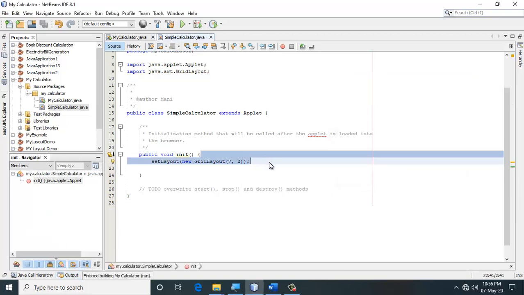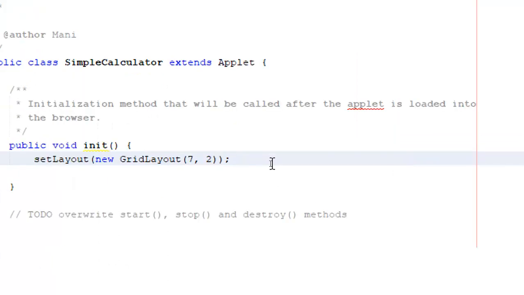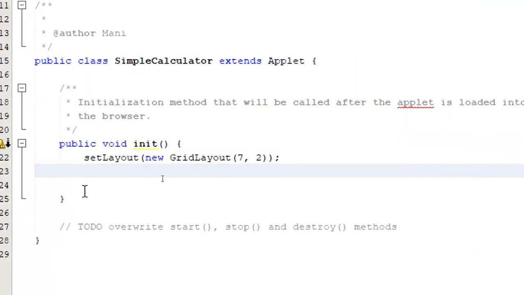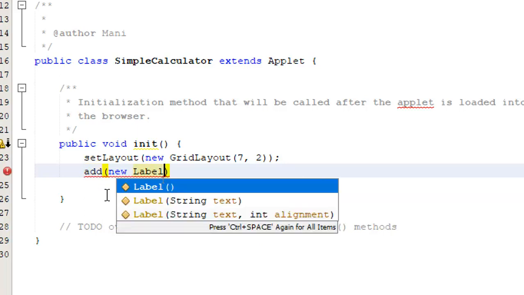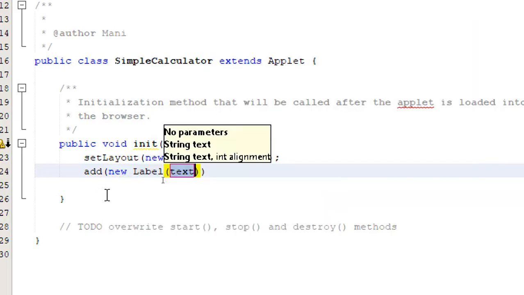I'm going to go to my source code here, and I'm going to add a label. The way in which I do it is I call the add method of the applet, and I'm going to say new label. I will give the text as simple calculator.